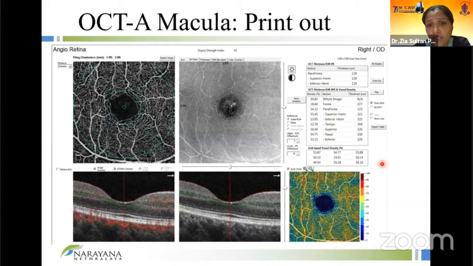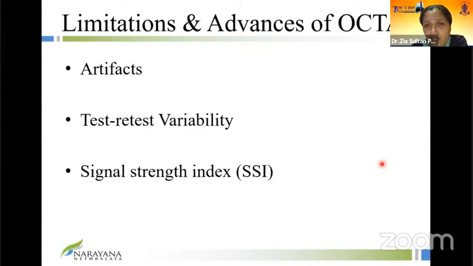Similarly, the macular printout is almost the same. The parts of the printout are the same, and you can choose what you want to look for depending on what the disease is. Now, this technology has been around for about 6 years, and there have been a lot of changes over the last 6 years. And when you're reading this literature, it's often a little confusing because terminology has changed and the technology itself has changed. So we will briefly describe what it was and what it is now, so that going forward, based on the machine you have, you will be able to keep yourself updated with what is happening.